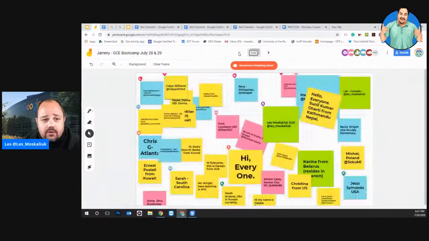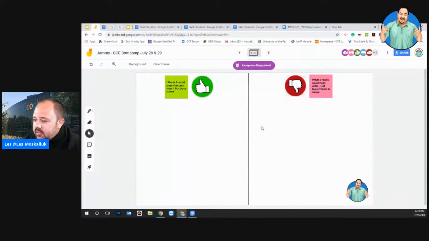So here you've all posted on the first frame. What I'd like you to do is go to the second frame. I know that in the survey, you can do this at a different time because we may have 100 people all trying to access the Jamboard and may be overwhelmed. But you can log in and go to the second slide and tell me how confident you are with your